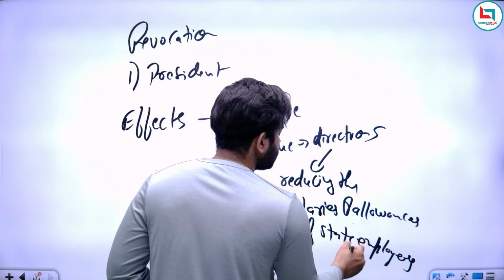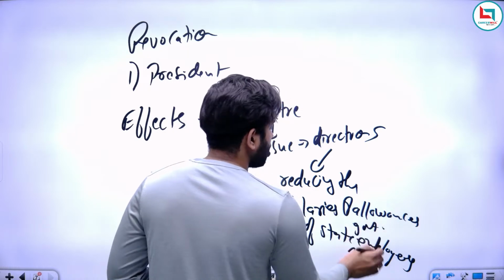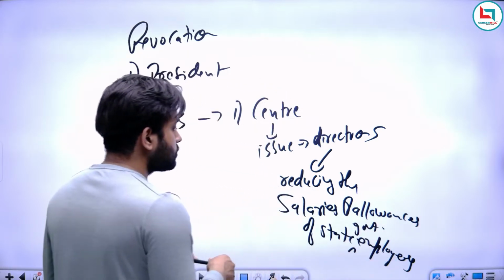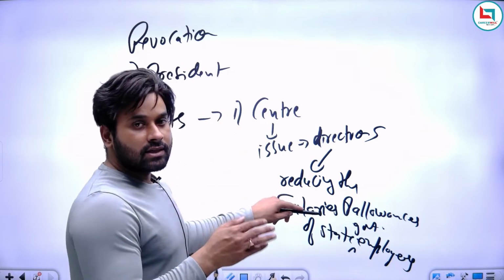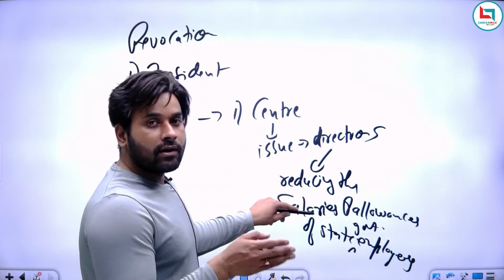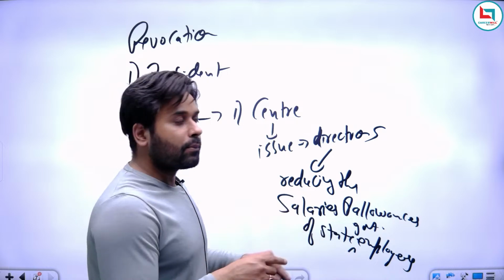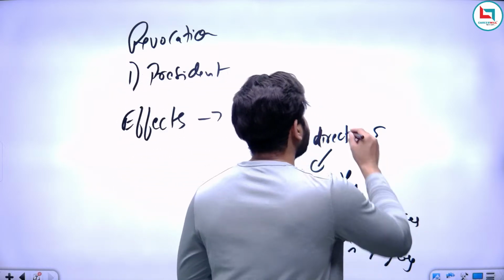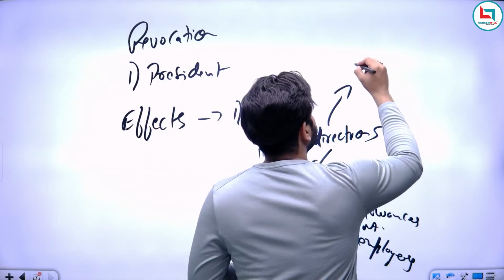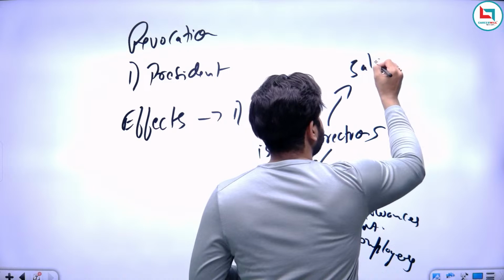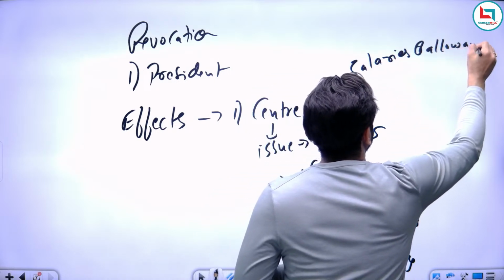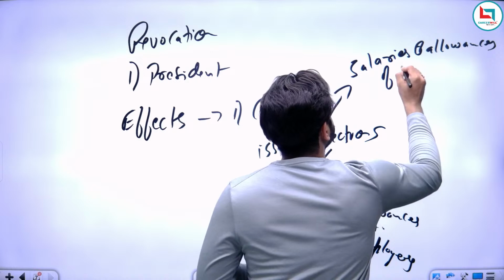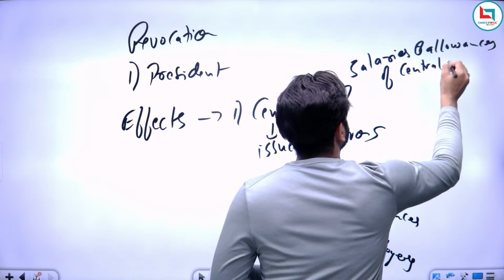It automatically means state government employees, not the private sector. So the center can issue direction asking the states to reduce the salary and allowances of their state government employees. The center can also issue directions that the salaries and allowances of central government employees